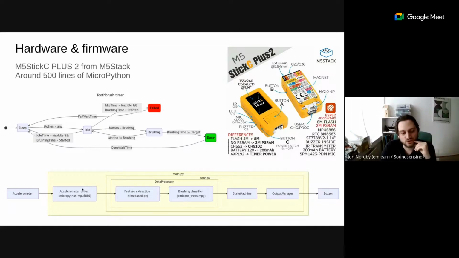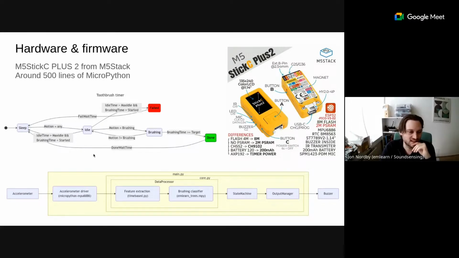To the left, there is an accelerometer driver that you need to have to read data from the accelerometer. And then to the right, there's some state machine and some way of producing this output sound, like a playback of notes, for which I found some nice example code. And the state machine, actually, even though it's a simple type of project, you need to take into consideration